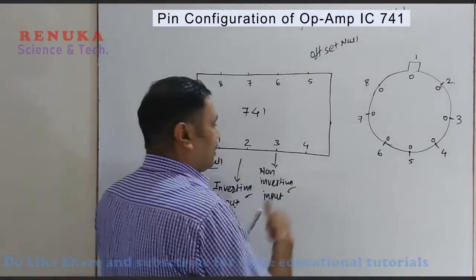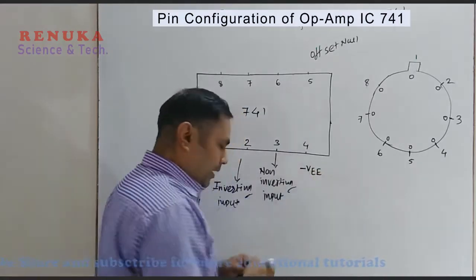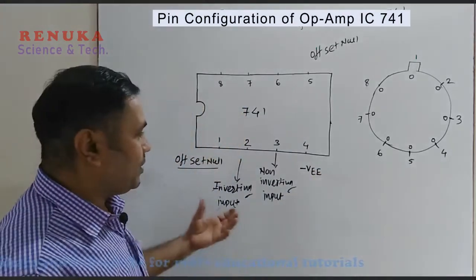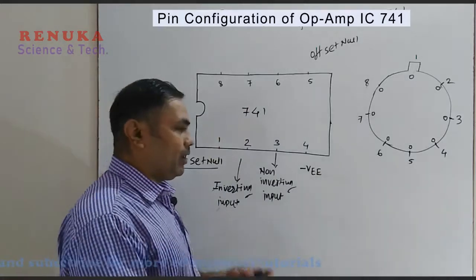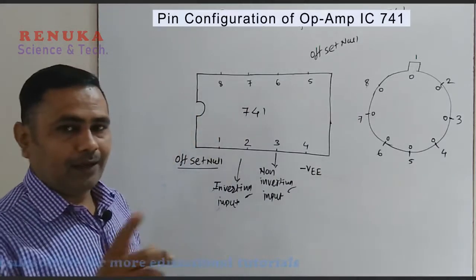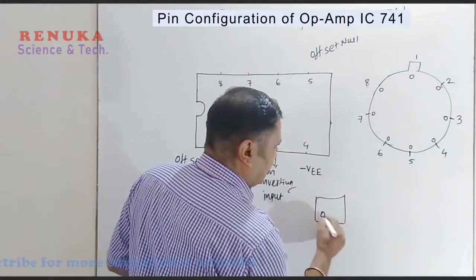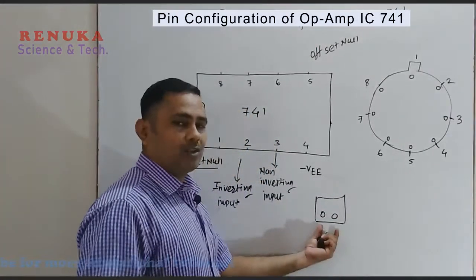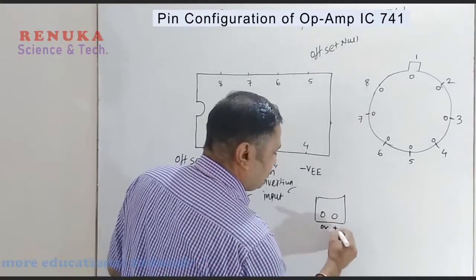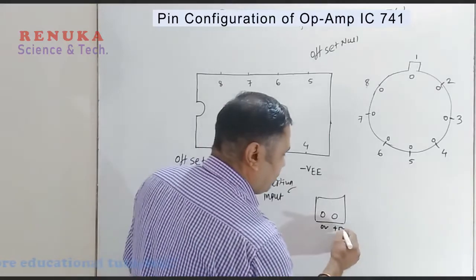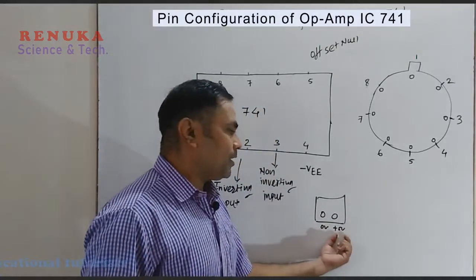Then pin number 4 is used for connection of the power supply. As we know, the differential amplifier uses a dual power supply. Dual power supply means, up to now we have seen a single type of power supply. That means suppose we have a power supply with two outputs or sockets like this. One is shown as 0 volt and another is shown by a positive voltage. Suppose we have a positive voltage of 5 volt, then the power supply will have 0 and plus 5 volt.